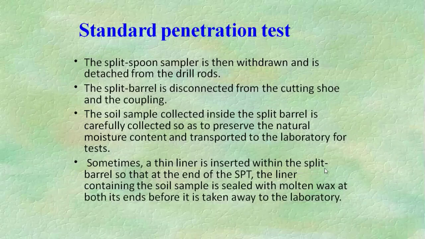Further, it is driven by 150 mm and the blows are counted. Similarly, the sample is once again driven by 150 mm and the number of blows recorded. The number of blows recorded for the first 150 mm is not taken into consideration. The number of blows recorded for the last two 150 mm intervals is added to give the standard penetration number. In other words, N is equal to the number of blows required for the 150 mm penetration beyond the seating drive of 150 mm.